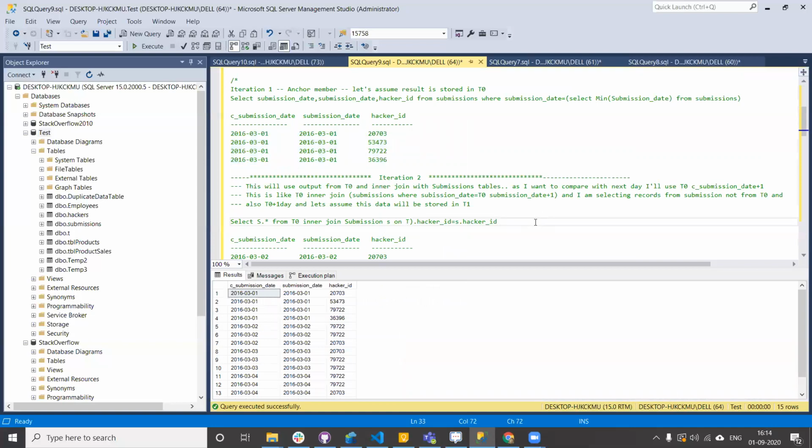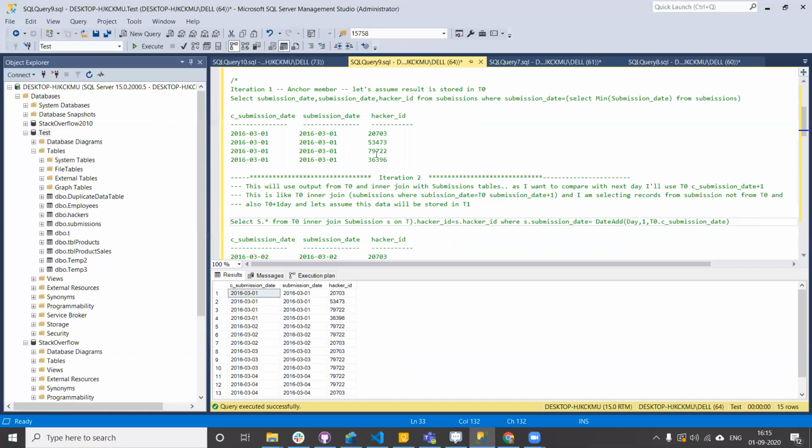So where S.submission date is equivalent to T0.submission date plus 1, something like DATEADD(day, 1, submission date).